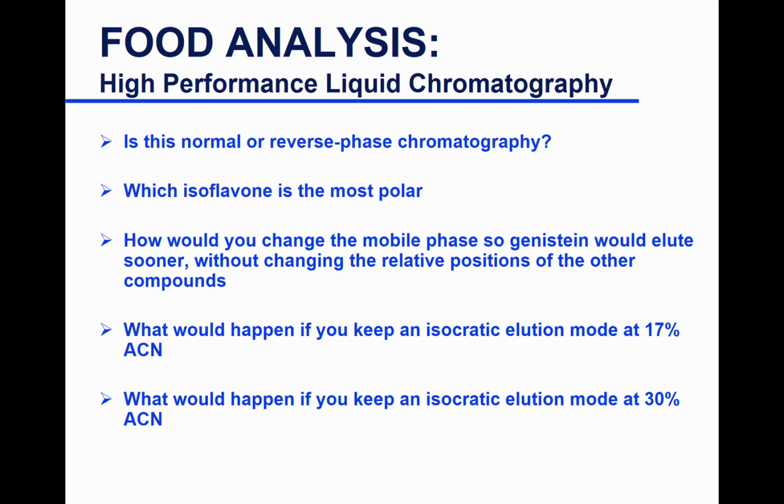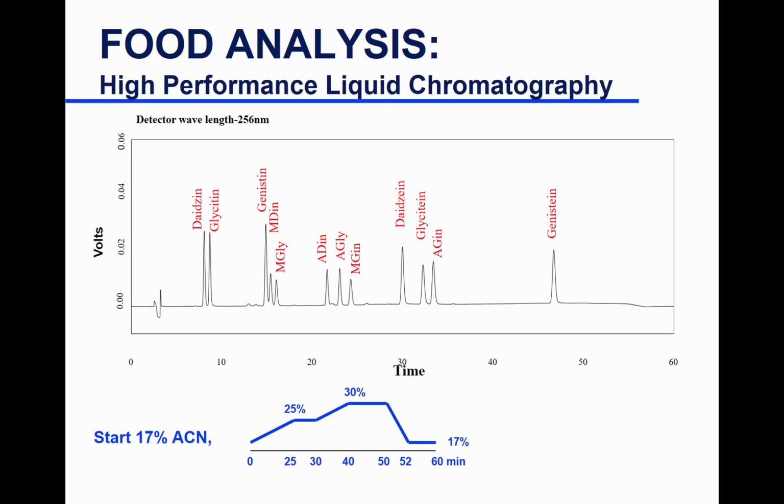What would happen if you keep an isocratic elution mode at 17%? So if you don't do gradient elution and you kept it at 17% acetonitrile from beginning to end, what do you think happens? Yes, Sam? Well, would they all be in the same relative position, just more spread out, like it would take longer? Takes longer. So they are in the same relative position to each other, but then what's happening, we are